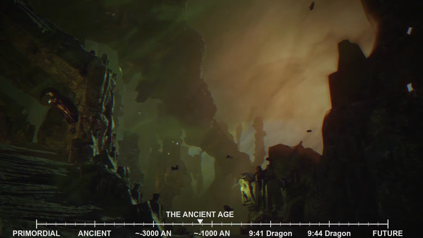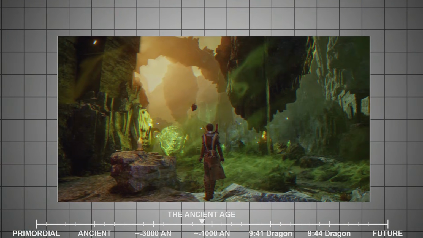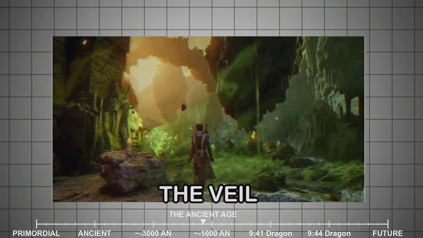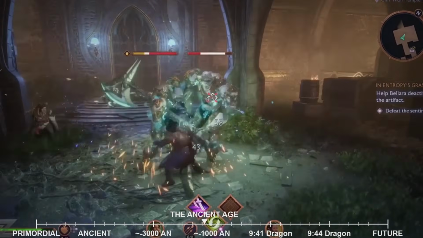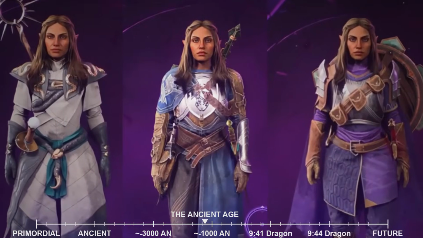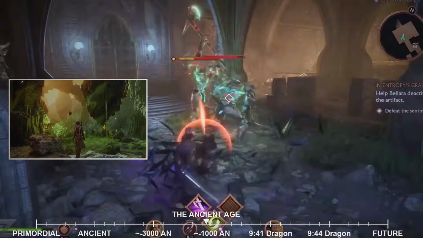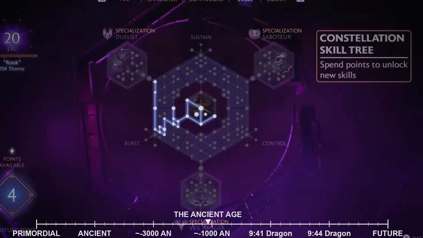In later eras, after the creation of the Veil, the Fade will become a distant, dangerous place, accessible only to mages in their dreams or through risky magical rituals. But for the ancient elves, the Fade is simply another part of reality, as real and tangible as the physical world. They can walk into it as easily as stepping through a doorway, conversing with spirits, exploring landscapes built from thought and emotion, and drawing upon its power to fuel their magic.